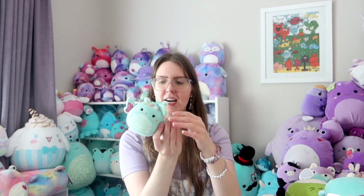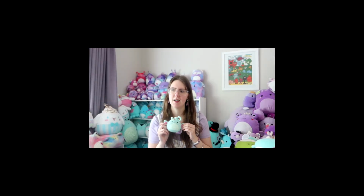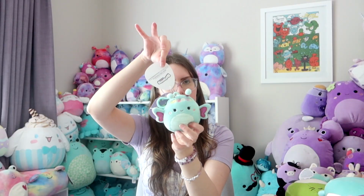Then my 3rd ring toss Squishmallow game, I got a ring on. One singular ring. So I had enough points to pick out a clip, which I picked out this little butterfly. Now I actually also have this butterfly, but this one is always going to be a special one to me because I won it with my brilliant ring tossing ability. It also has this tag. So those were all the Squishmallows I won from the ring toss game,